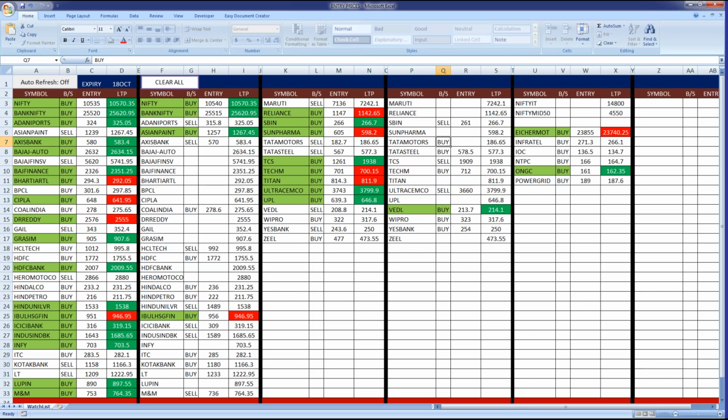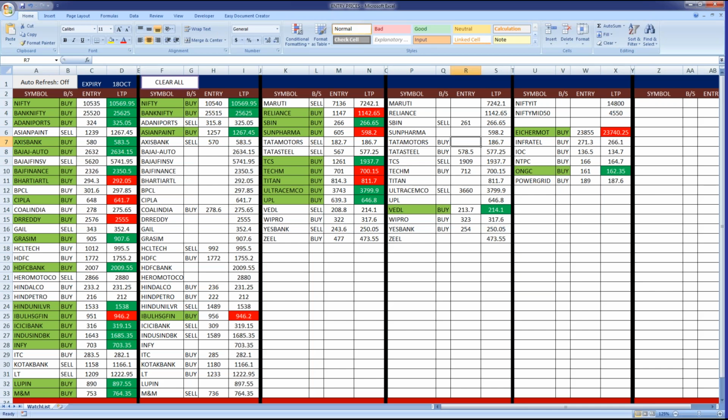and I have a call in Wipro. I have a sell in Wipro, so my sell is at 316. So what I'll do is change this buy to sell, 316,